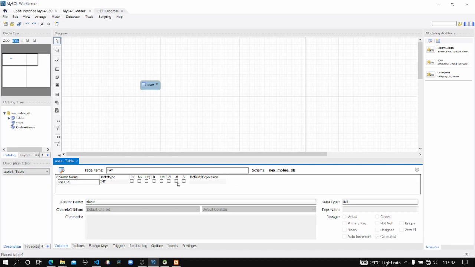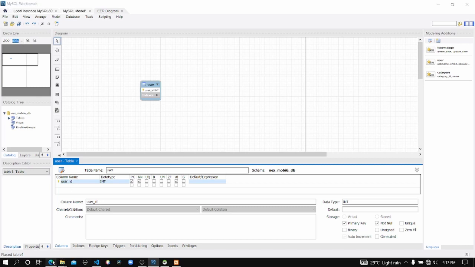If you select the auto increment option, you don't have to check the primary key checkbox, because it will automatically define this attribute as the primary key, because only the primary key can be auto incremented, and there should be only one primary key in a table. Okay, you can see when I click on the auto increment button, the primary key checkbox is automatically checked.